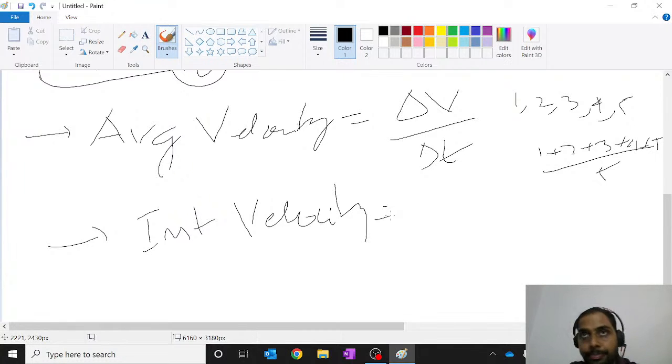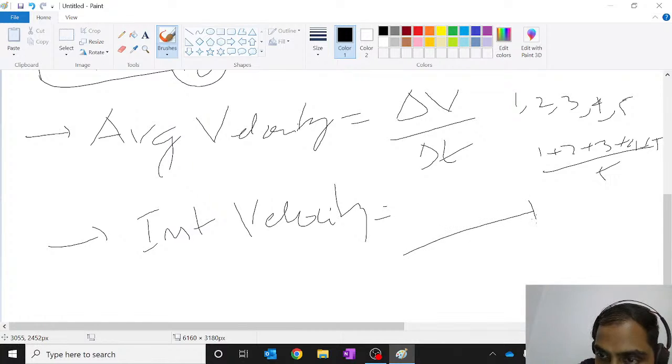Now, for example, let's say I am traveling from Narayanguda to Secunderabad. Let's assume I am traveling. If you ask me what was my instantaneous velocity at, say, Himayatnagar. But let's assume I am traveling to RTC Crossroads. Let's say the question is what was my instantaneous velocity at RTC Crossroads. The question you are asking is, you are interested in knowing